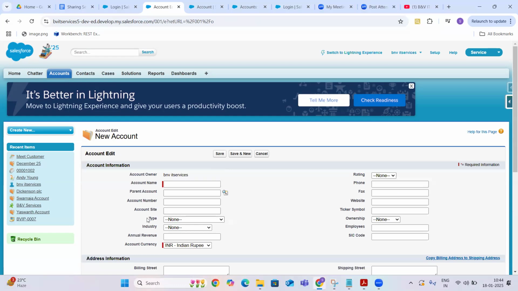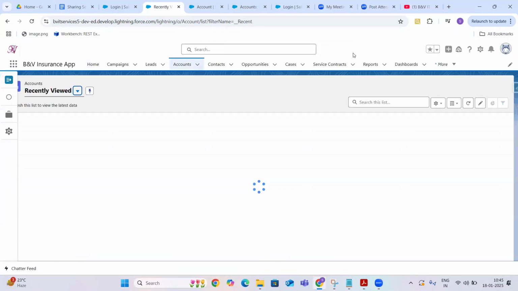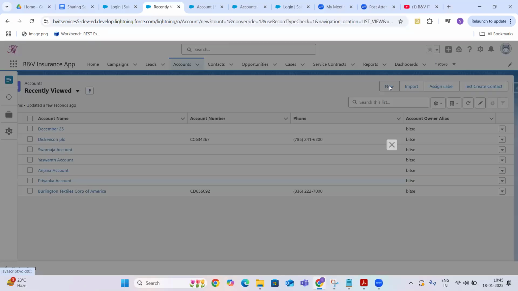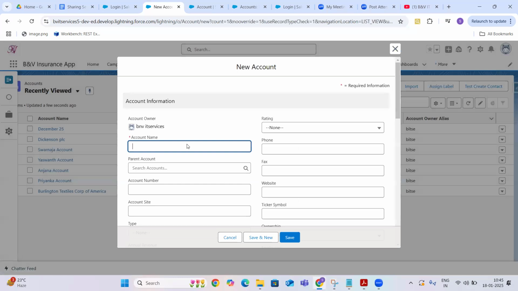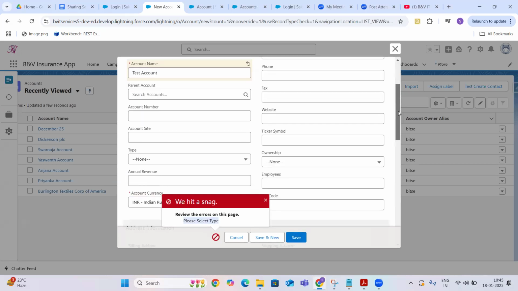See, type is not mandatory here. Okay. Let me switch back to Lightning. Type is not mandatory now, but when I'm trying to create a record and clicking on save, I got a message, please select type, even though it is not mandatory.